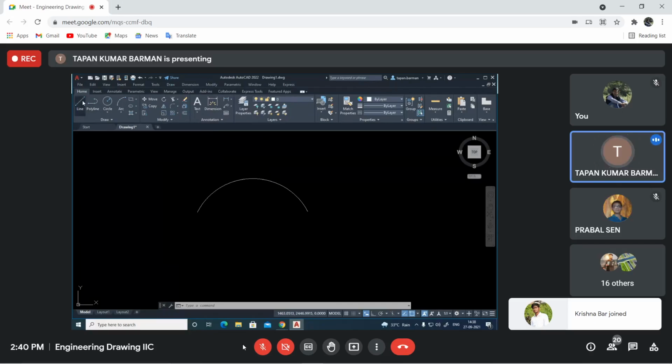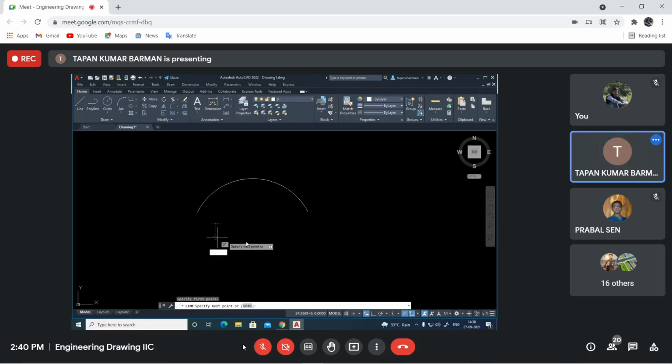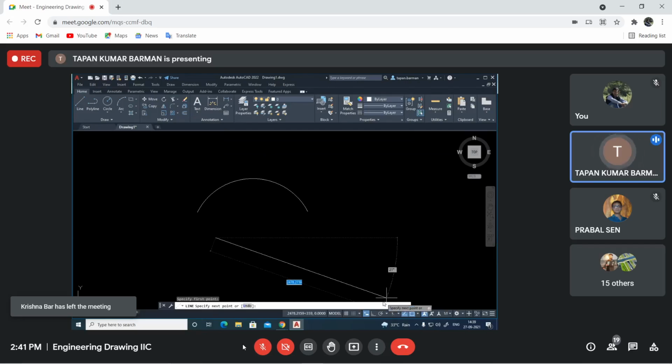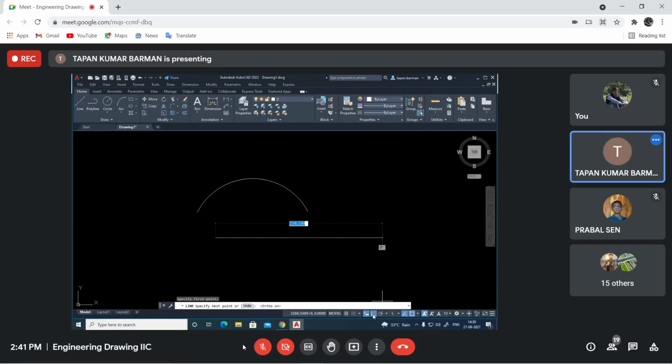Now another thing, suppose you have made one line. Now I want to make a perfect straight or perfect horizontal line. As you know, we have to turn on ortho mode. When ortho mode is on, only then can you make this type of lines. So say this length is up to this point. Now with this line, I want to divide it into say 5 equal segments. Understand? 5 equal segments. Now how to divide this?